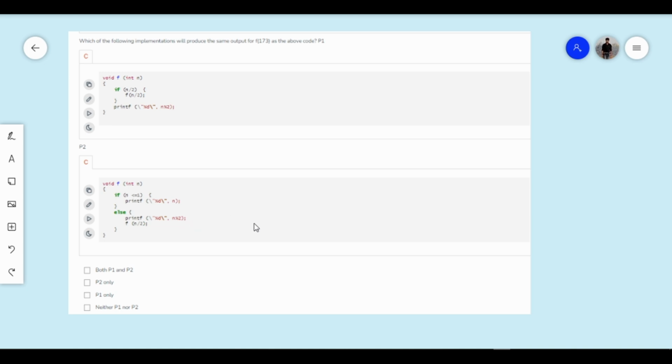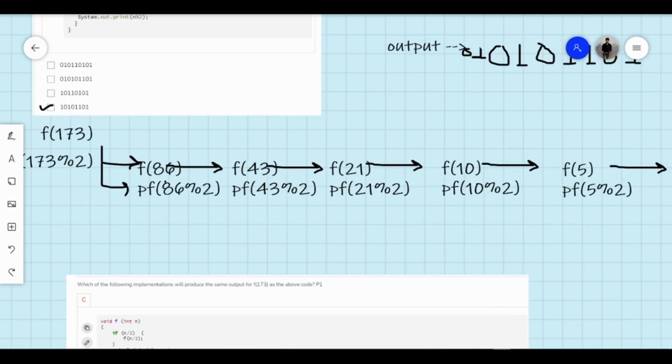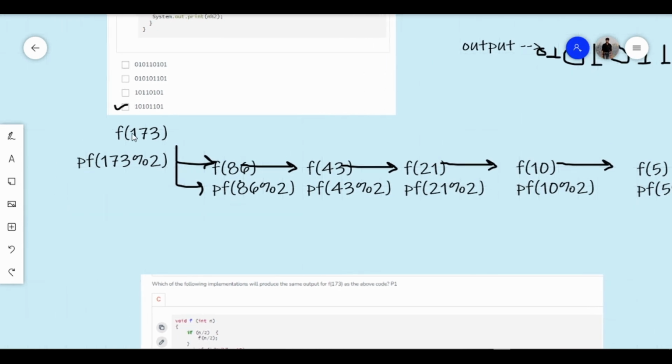So 1 will be printed, then the call for 86 will be made.